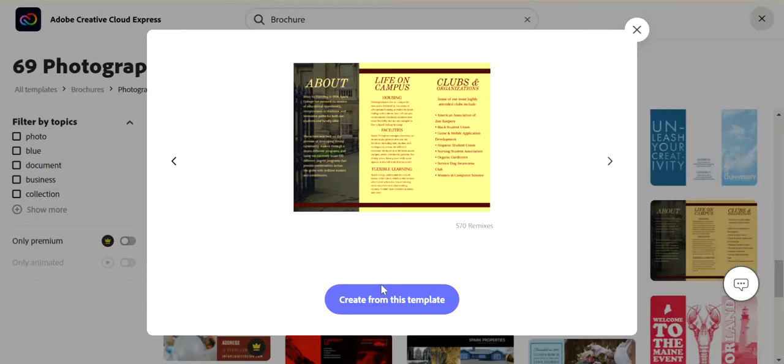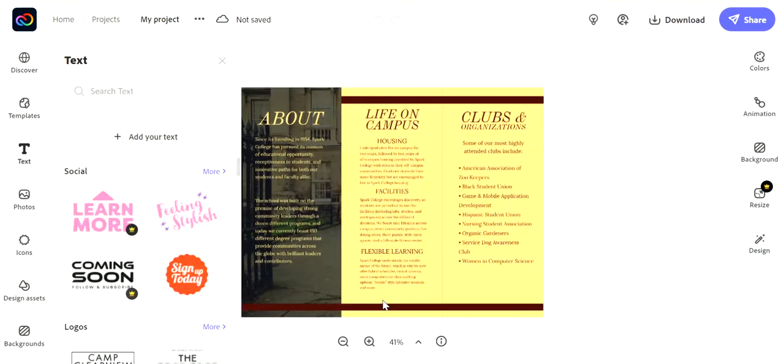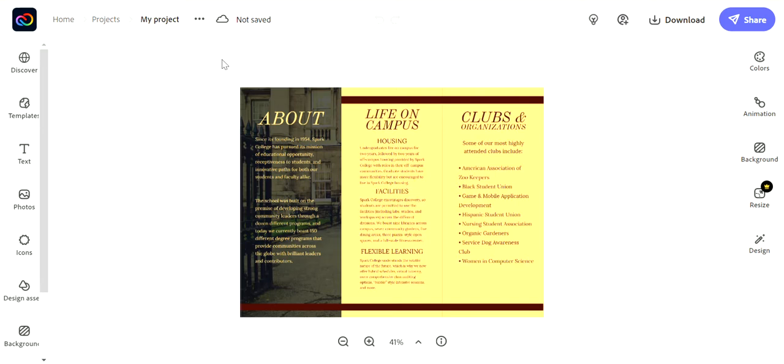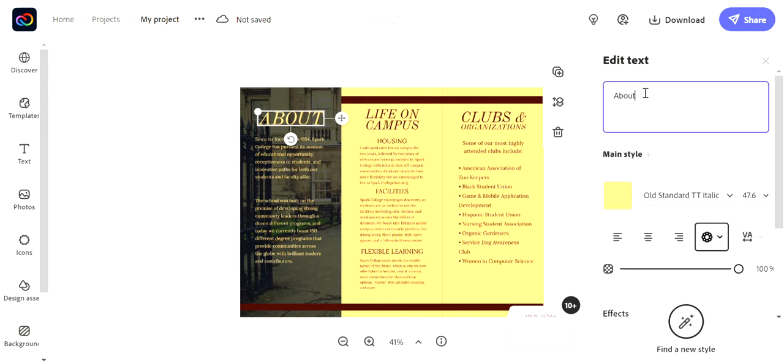All right, so I'm going to create from this template. I go in. I'm waiting for it to load. I don't want to see this, so I close this off. And I am going to start here. So I'm thinking I want to go with this one. And I want to do the text. Now, here's what I want you to notice. It pops up right over here so I can edit the text. So I'm going to type in